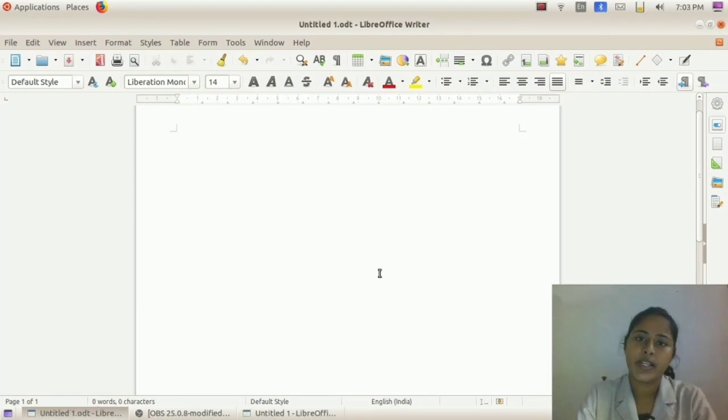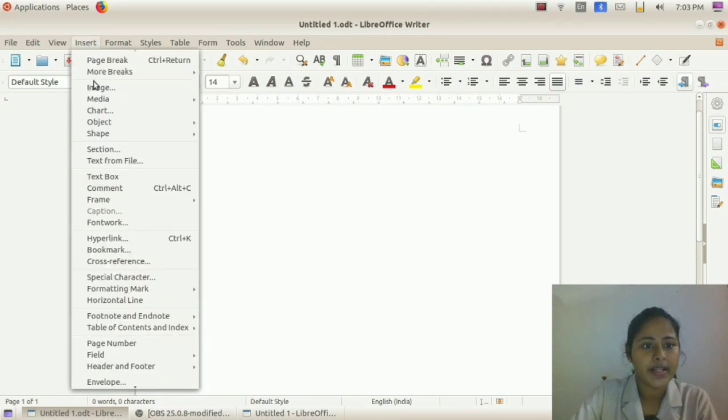Our next activity is to prepare a greeting card to wish our classmate happy birthday, and we have to prepare the greeting card in Malayalam using frame technique. So in order to prepare the greeting card, what we have to do at first? We have to insert a frame. How to insert the frame? Here we have to click on this insert menu. From that we have to select frame.